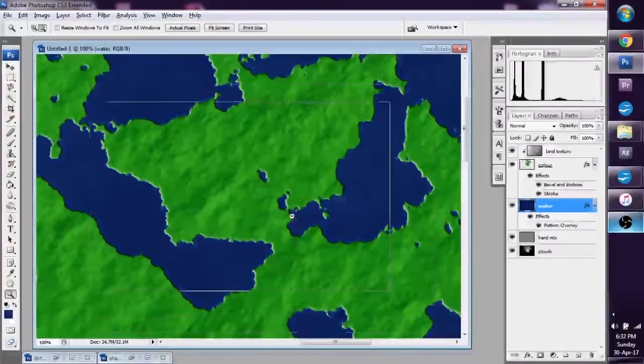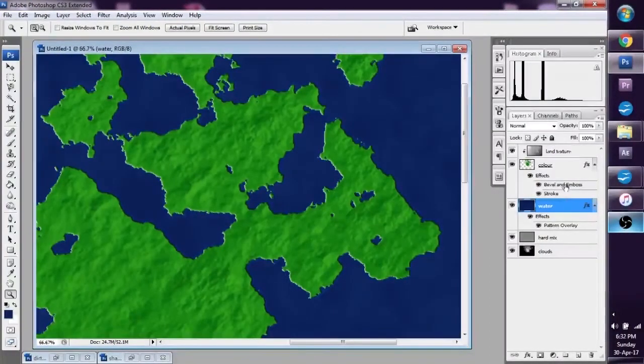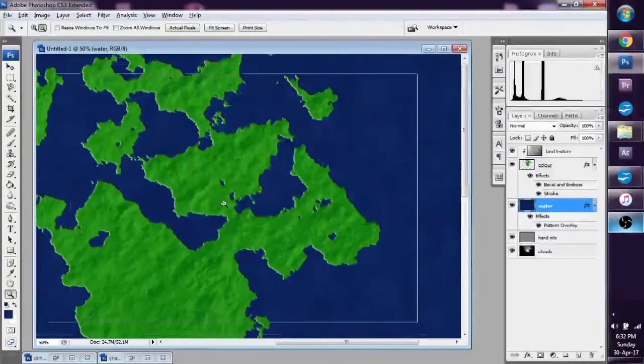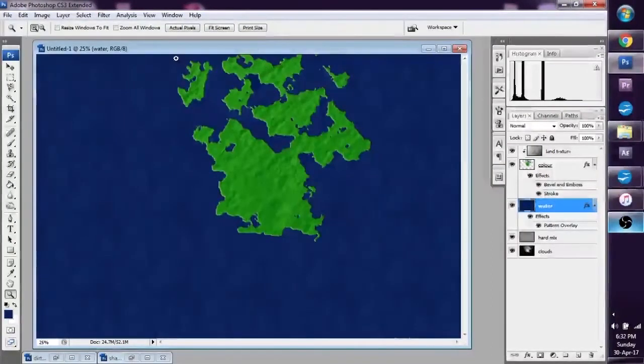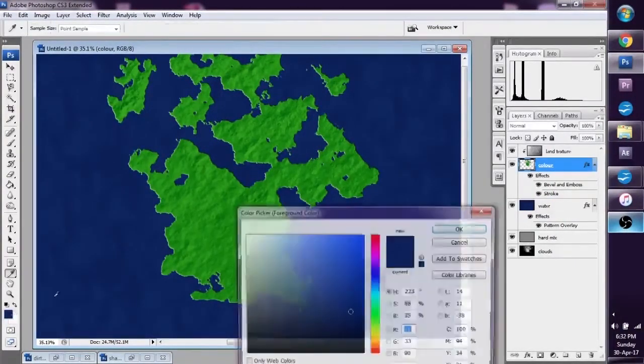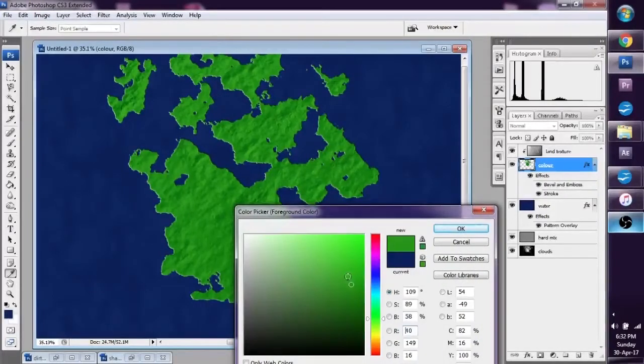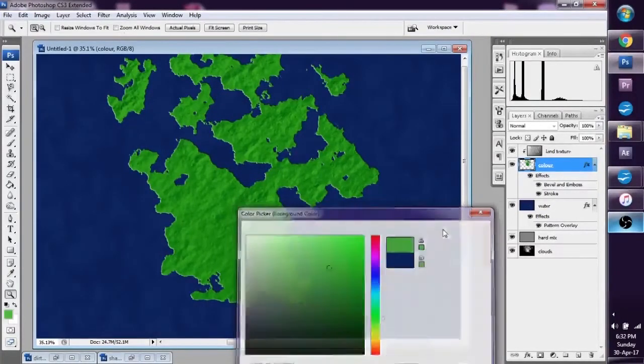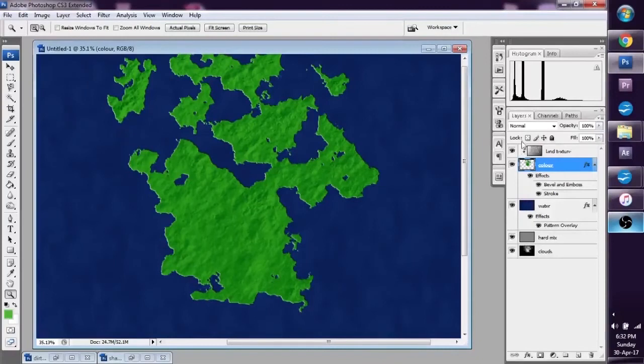One thing I do agree with is his painting method. So we can add some, you know, some variety to our landmass by clicking on color. And for the color, we're just going to create a green, maybe a lighter green. And what we're going to do is lock the pixels. See this little button here? Lock transparent pixels. If we click that, and we get our paintbrush and make it a size like 250,